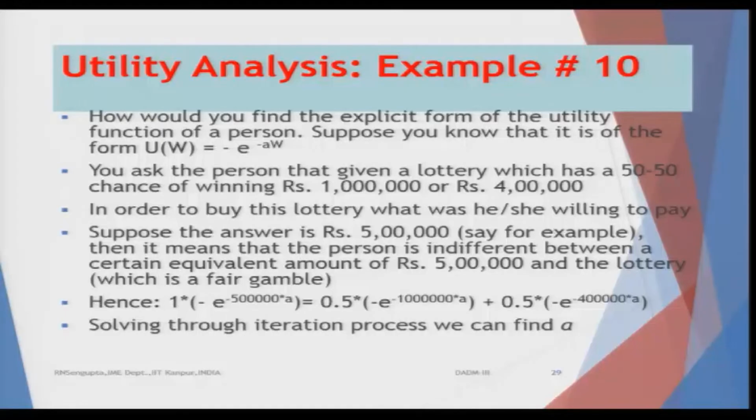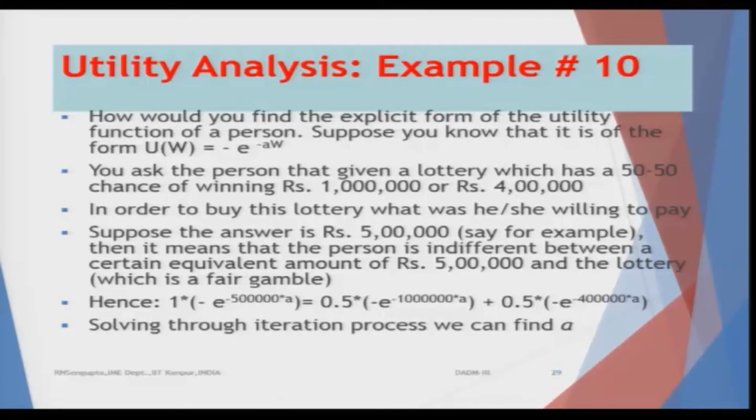So, once you equate that, you will basically have that 5 lakhs which came out to be the certainty value based on which you are indifferent. On the left hand side, this 1 would basically mean the probability for the certainty value, and this function which I am just hovering with the pen is basically the utility function based on the value that the certainty value is being utilized. So, certainty value, as I said, is 5 lakhs.